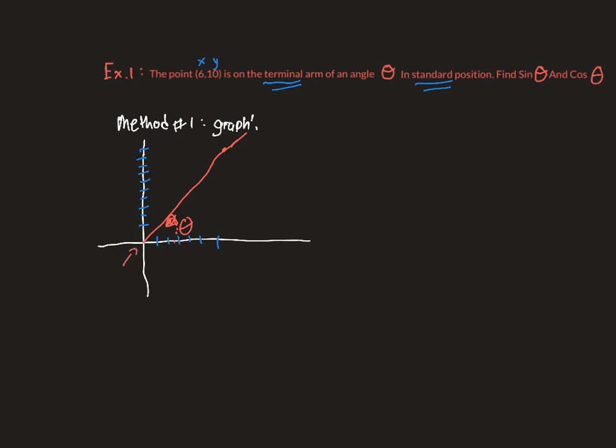Once I do that, I'm just going to complete this triangle here. I know that it's only as high as my y, and my y was 10. I know my x was 6. So I need to find out what this is. To do that, Pythagorean theorem. From before, I know r is supposed to be the square root of x squared plus y squared. So basically, 6 squared plus 10 squared. That should be the square root of 136,